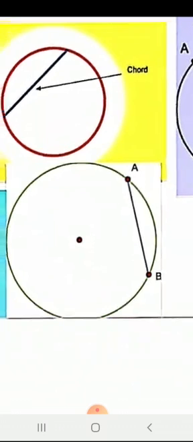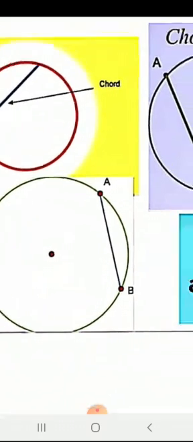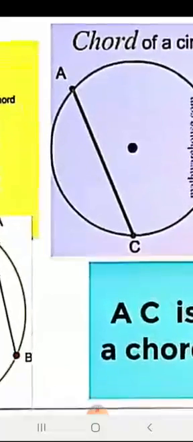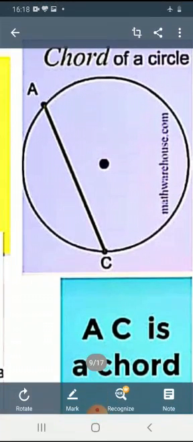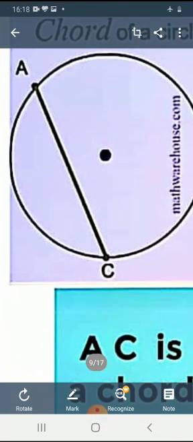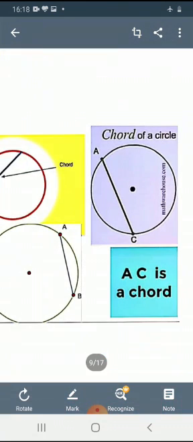Observe the figure here. AB: these two points are at different places around this circle, so this line is a chord. See the other picture, AC. These two points are taken on the circle, so AC is also a chord of the circle. And we can take a chord through the center also. It can pass from the center to another part of the circle. That is the biggest chord.